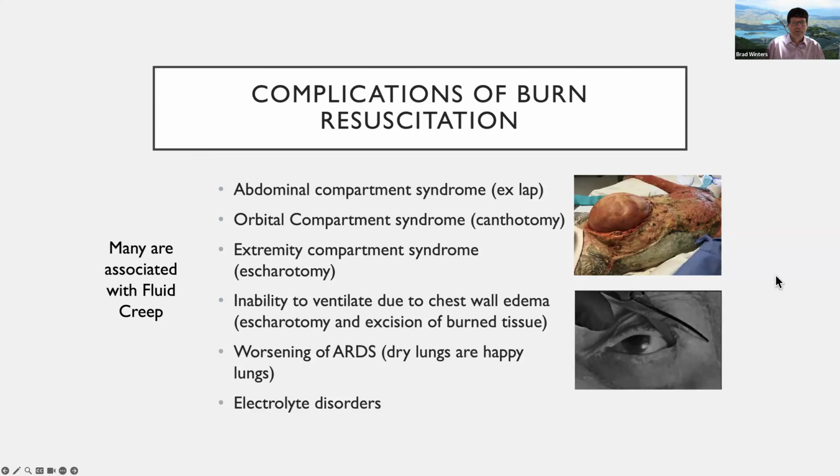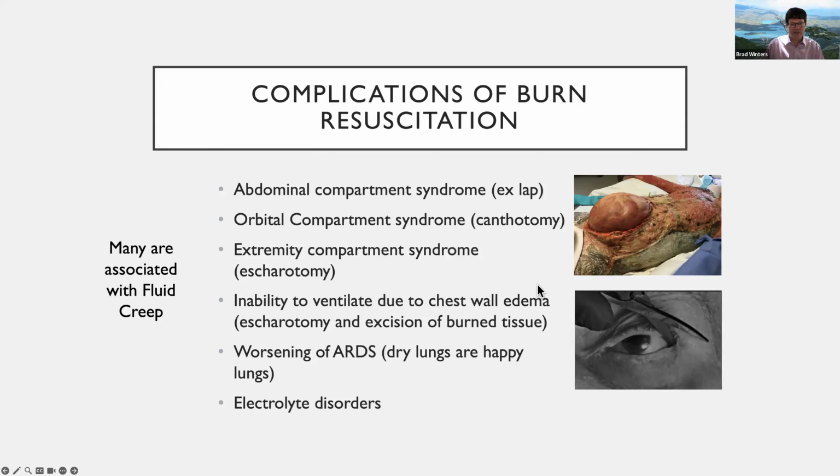So that ties into some common complications of burn resuscitation. Here we have a picture of an extensive burn, as you can see. Most of the burn tissue has been taken off, but this person had to have an exploratory laparotomy because they developed abdominal compartment syndrome. They had to open the abdomen to release the contents of the bowel because the patient was going to infarct their bowel because they got a very aggressive resuscitation and their abdomen swelled up, the pressure shot up, and they risked killing their kidneys, killing their liver, and killing their bowels.